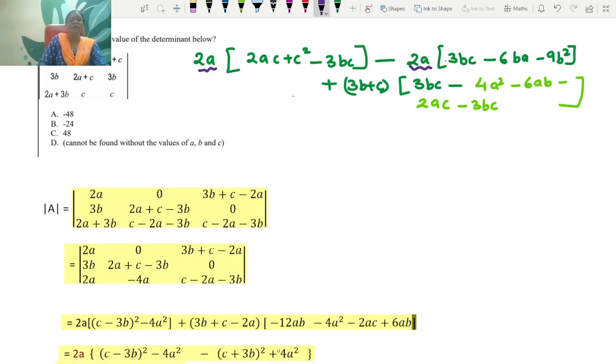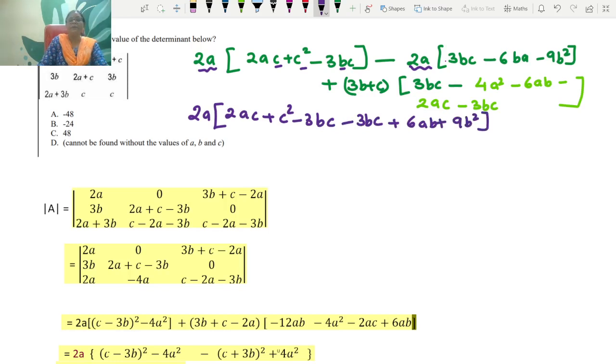इसका common ले सकती हूँ, तो ठीक है देख लेती हूँ 2a, फिर calculation थोड़ा lengthy है but हम कर सकते, ठीक है। अब इसमें एक और चीज common दिख रहा है, c common दिख रहा है और इधर b common दिख रहा है। तो let us not touch this now, let us go further with this 2ac plus c square minus 3bc, अब इसमें से -3bc आ रहा है ये, plus 6ab plus 9b square, ये है अपना first, plus अब ये 3b plus c है।